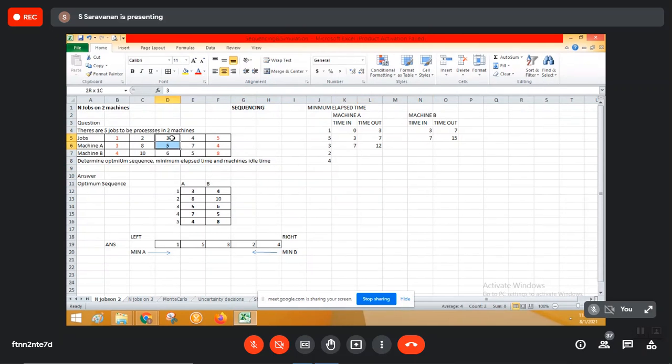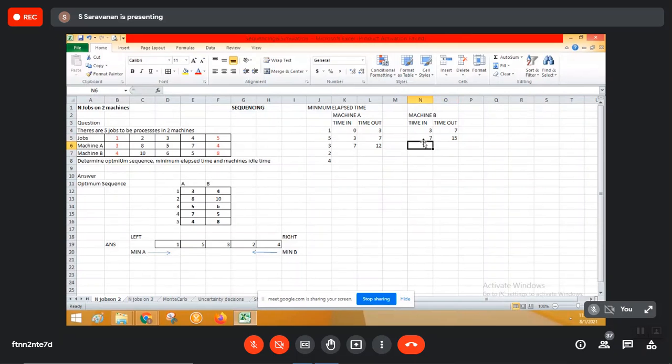So this is the one I have chosen, the third activity. Machine A is taking 5 minutes, and 7 minutes is the earlier closing time. So I have taken 7, added with 5, 12. But you see here, the fifth activity that I have taken is going up to 15 minutes. So what will happen here? Can the job enter at 15 here? Is that possible?